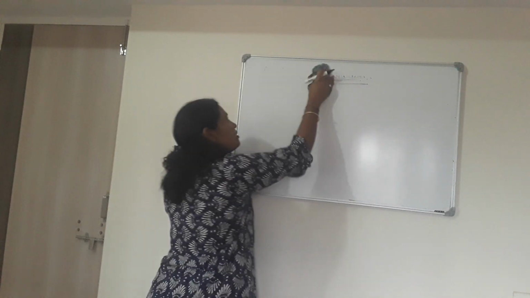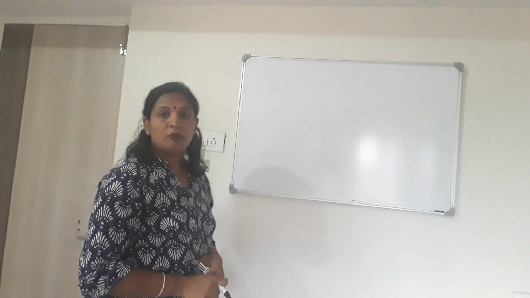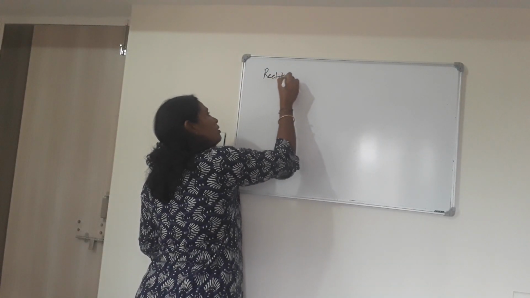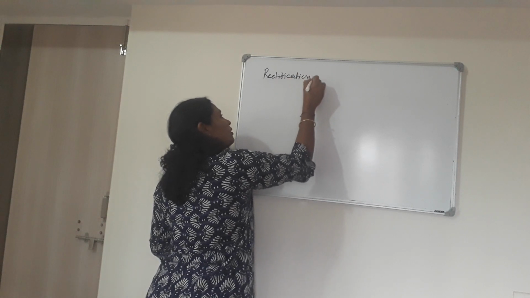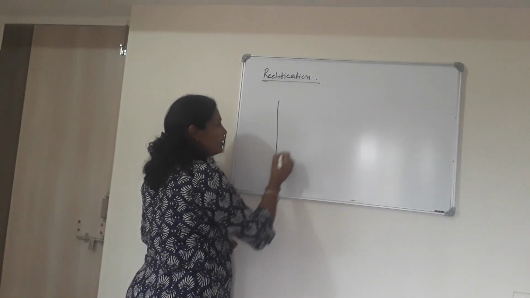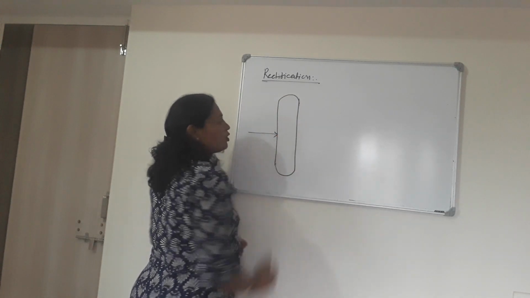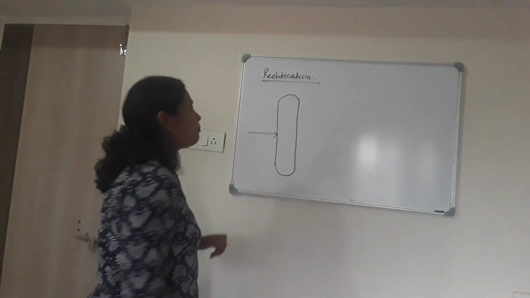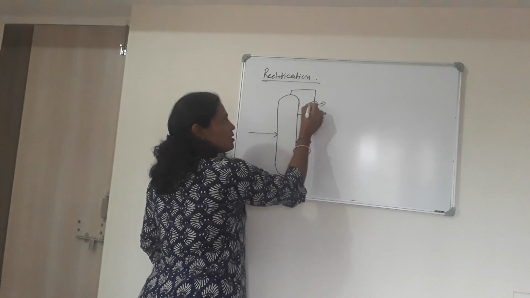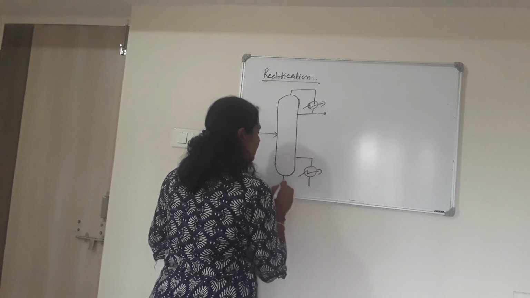The third type of distillation, which is widely used in industry for separation of different liquids, is the very important rectification. It is also known as fractional distillation. Whenever we are drawing any distillation column in a flow diagram, the symbol used is like this. This is the symbol of a heat exchanger. There are different types of heat exchangers.